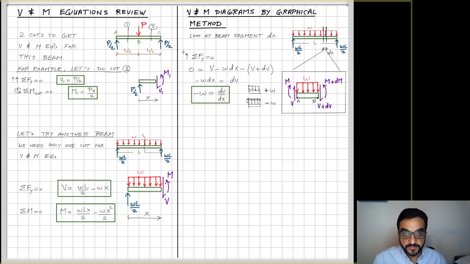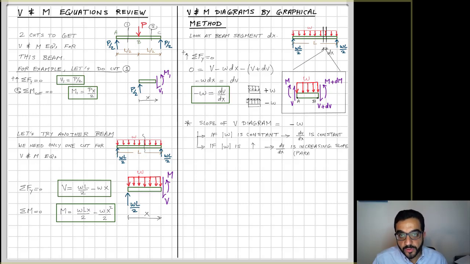That's actually a positive definition of a positive load. Loads are generally going with the gravity. And then a negative w is a load that pushes the beam up. So this means that typically if a load is pushing down, it's a positive load, so that means that it's a negative slope. So here the slope of the shear diagram, slope of V diagram, is equal to negative the value of